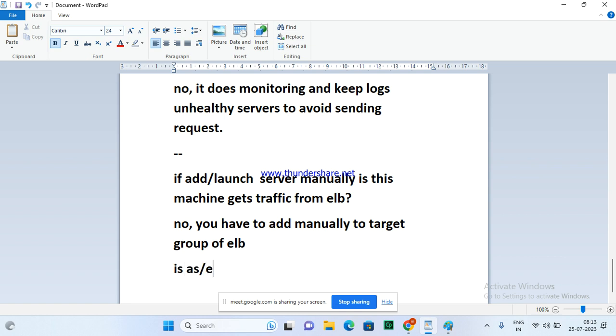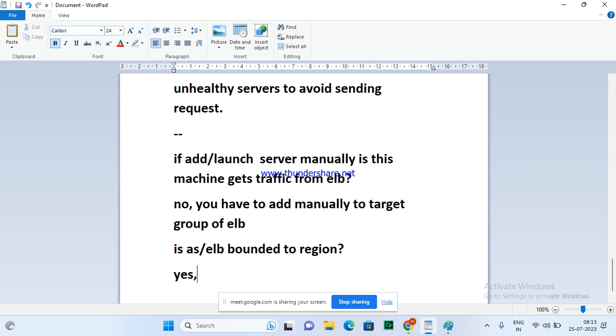Are auto scaling and ELB bound to a region? Yes. Across availability zones, because zones are available in a region, so it can distribute the traffic across availability zones.